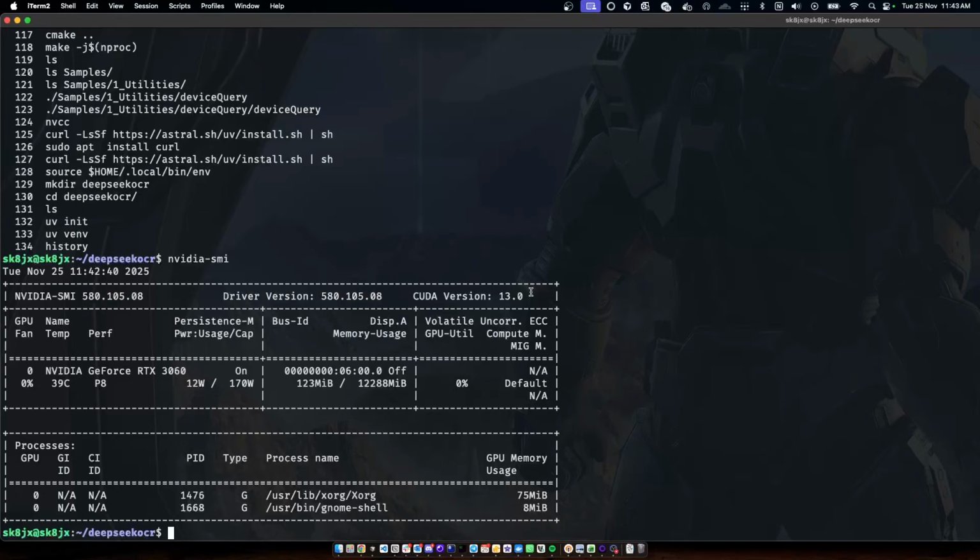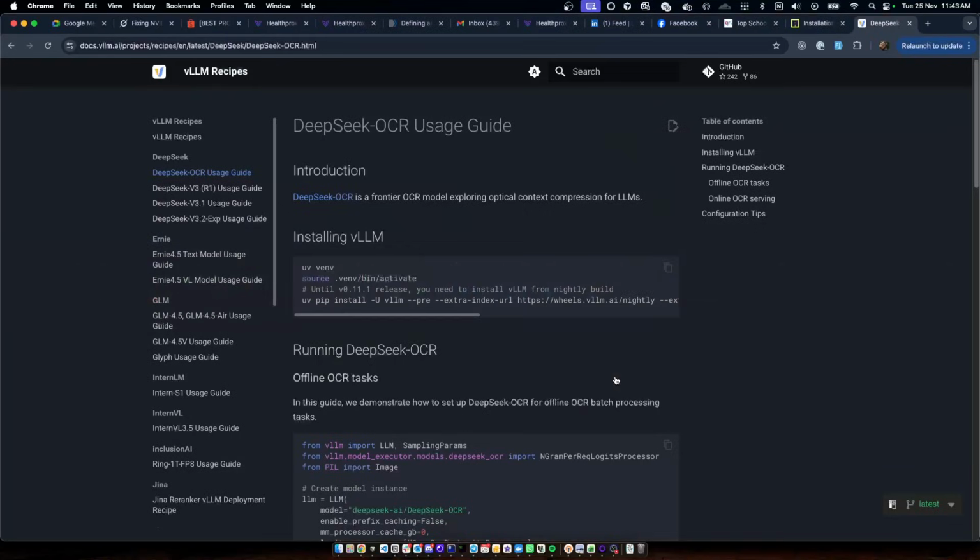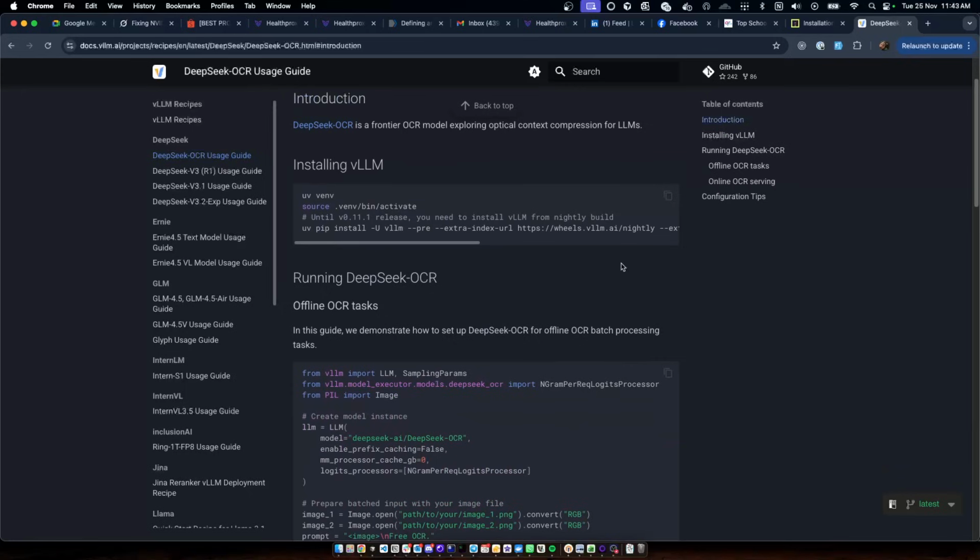So there were a bit of technical difficulties there. Previously I was also installing the wrong version of CUDA, 12.8, and 13 is the latest version. I hope I have enough extra VRAM for my GPU to handle